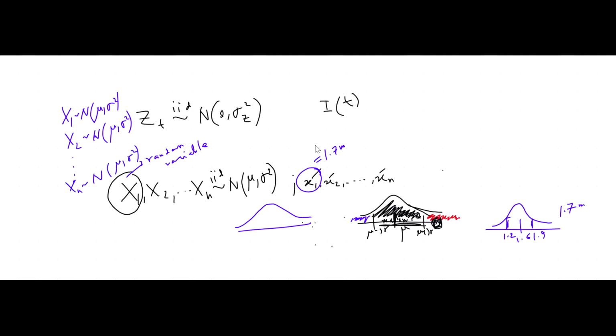Now the question is, if we talk about the correlation between these two random variables, if the height of a particular individual is, suppose, 1.7, what does it tell about the height of the next person? It doesn't tell anything, because these two people are unrelated. So these two random variables are not connected at all. So if you calculate their correlation,